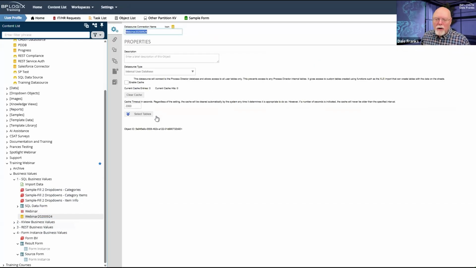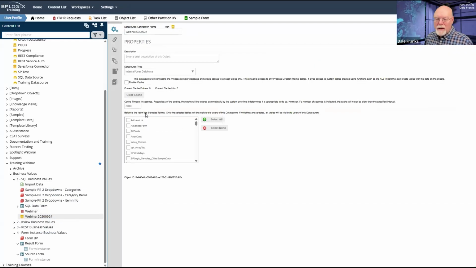If we look at our data source, there is this select tables button, and notice they are all unchecked. If I keep scrolling down, eventually I will come across 2 tables that have checkboxes checked next to them. So the select tables feature enables you to take a data source and restrict the data that it sees.